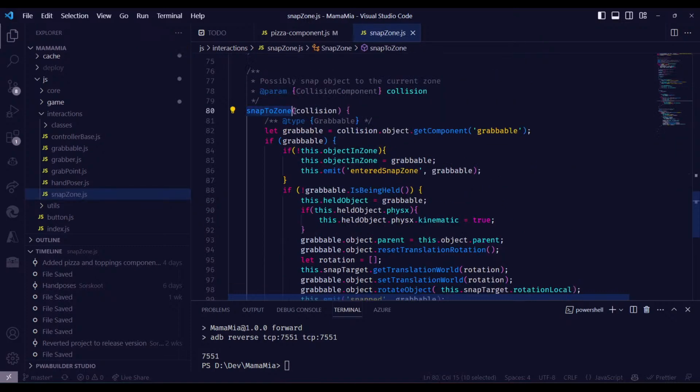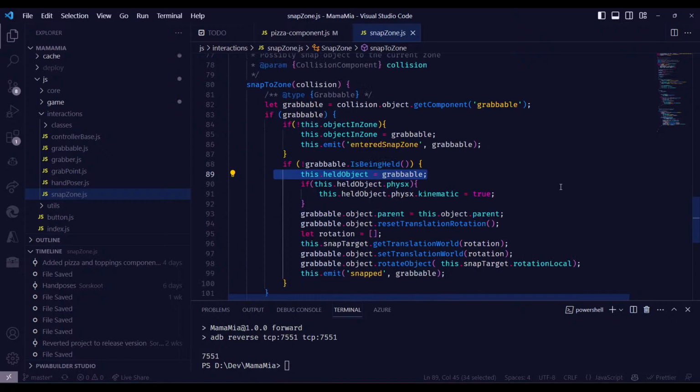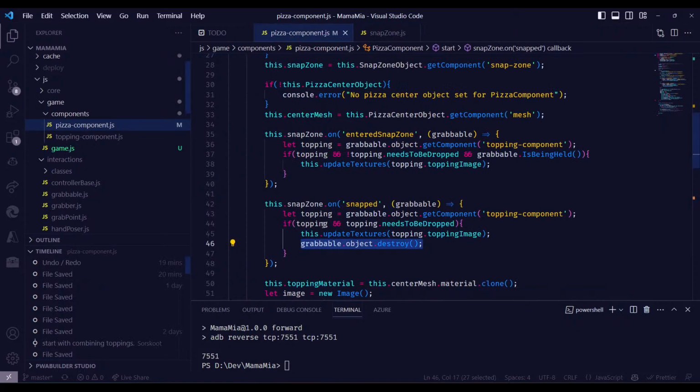When something is snapped to the snap zone, it keeps track of the object that is held. So we have a reference there to the object. We destroy it here, but I'm not sure what happens if we destroy it. I cannot grab it out again. I think if we make it reset, instead of destroy it,